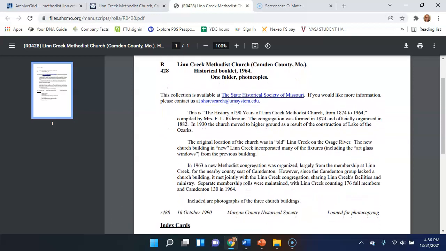The important things I'm looking for are description of what kinds of things are included in the manuscript collection, the time period, the place, any people who are mentioned, how big or extensive the collection is, how to learn more about it or get access to it. In this case, I went ahead and contacted the Society and got information about ordering a copy of the entire booklet since I don't live nearby.